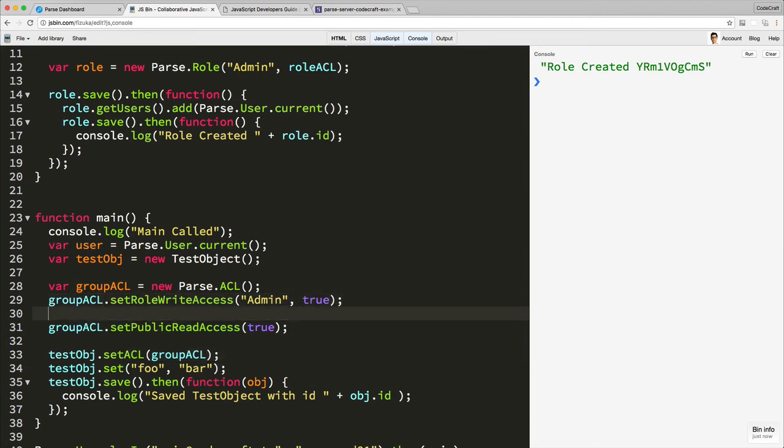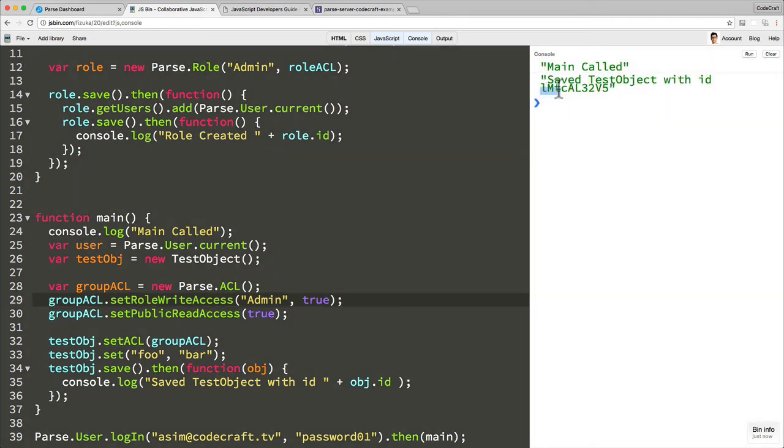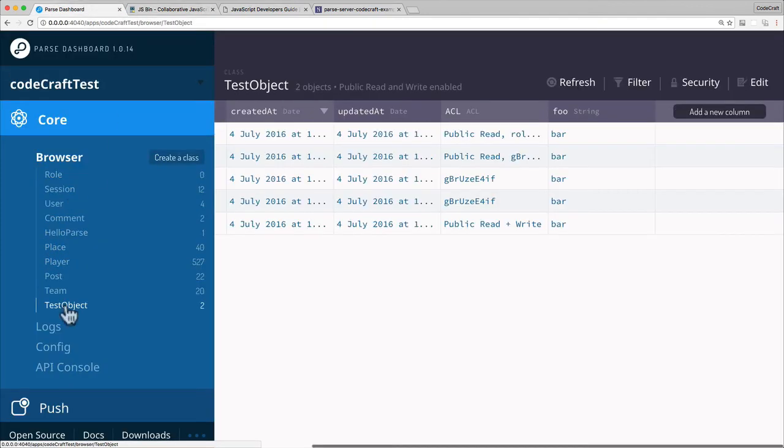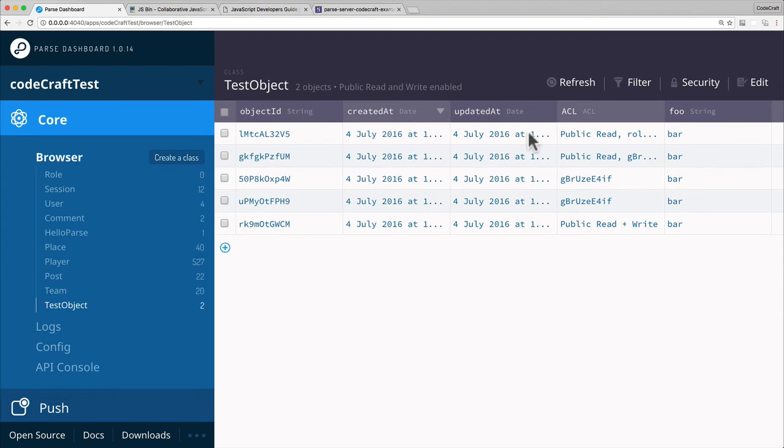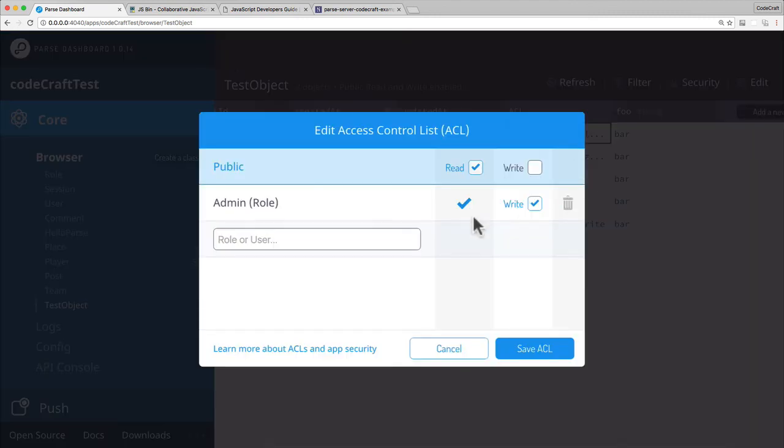And you can also specify set role read access as well, just the same as you could specify write access, but I'm just going to leave it as write access. So now if I hit clear and hit run again, okay, so now we've saved test object with ID LMT. So let's have a look at this test object LMT. So it's the top one, LMT. So if I look at the ACL, double click it,